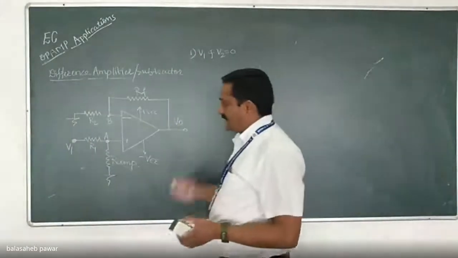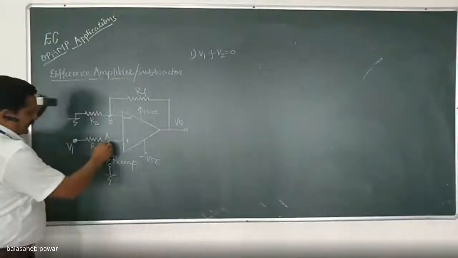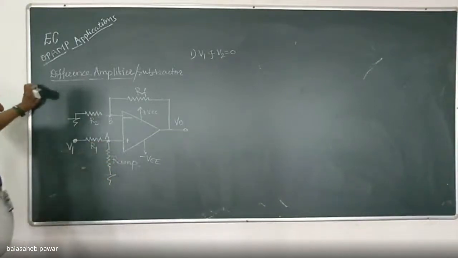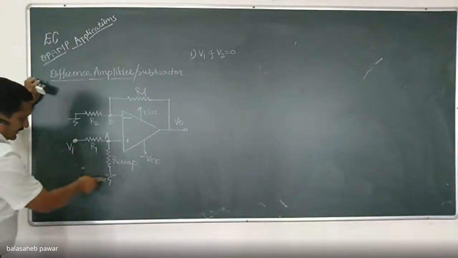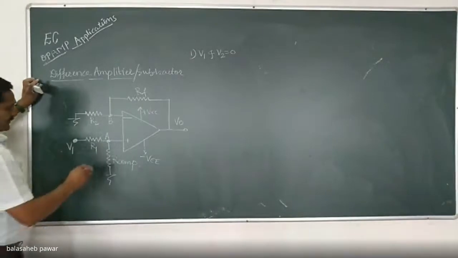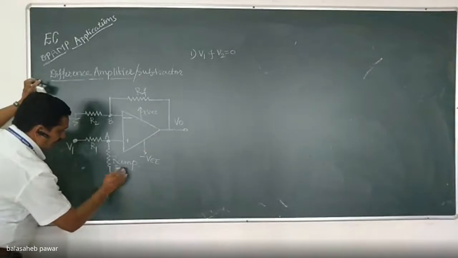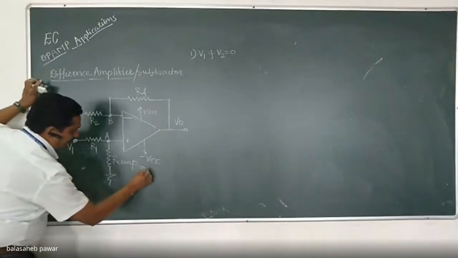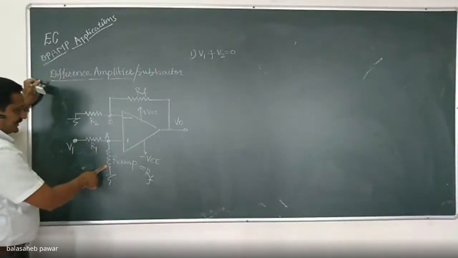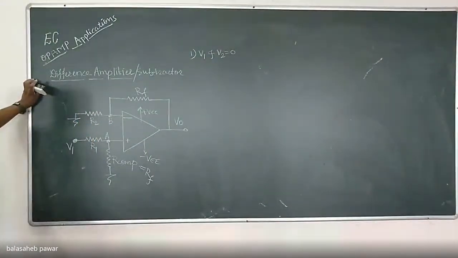So it is simply working as a non-inverting amplifier. A small difference I will highlight from what you studied previously. In the previous case, we showed Vin directly connected to the non-inverting terminal, but in this case I show it through two resistors, R1 and R compensating. Mostly, this R compensating is taken equal to RF. The values of this feedback resistor and compensating resistor are the same. Similarly, if R1 equals R2, what happens? That we will analyze later.